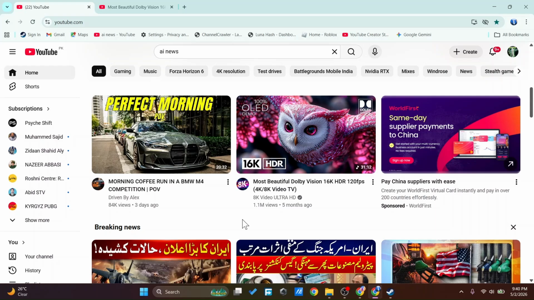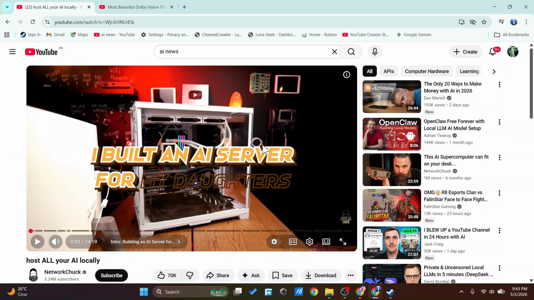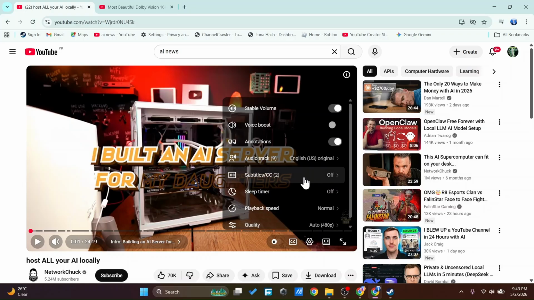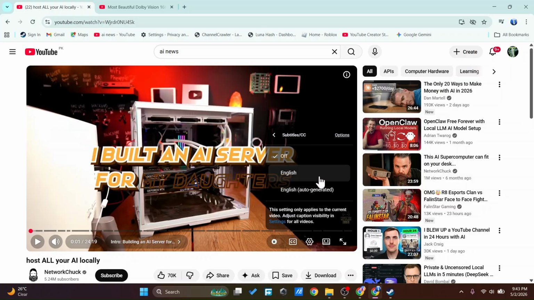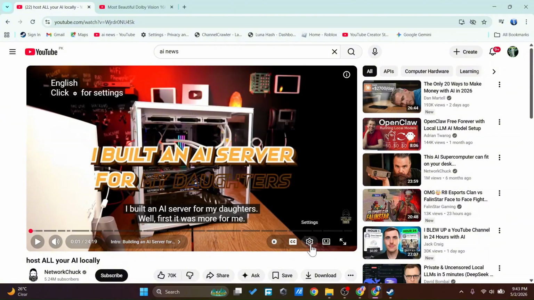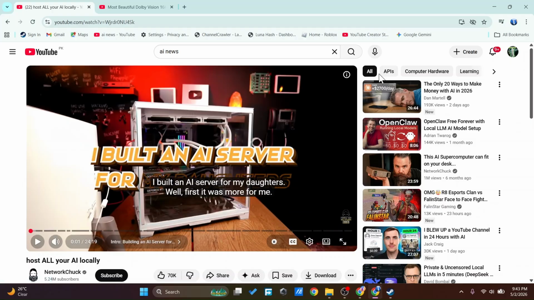In this video, I'll show you how you can fix YouTube caption not working on your PC. First, open up the video that you want to watch and turn on the caption. If this is not turning on, click on this gear icon and go to subtitles and select your language. And after selecting the language, if you still do not see the text over here, then what you can do is